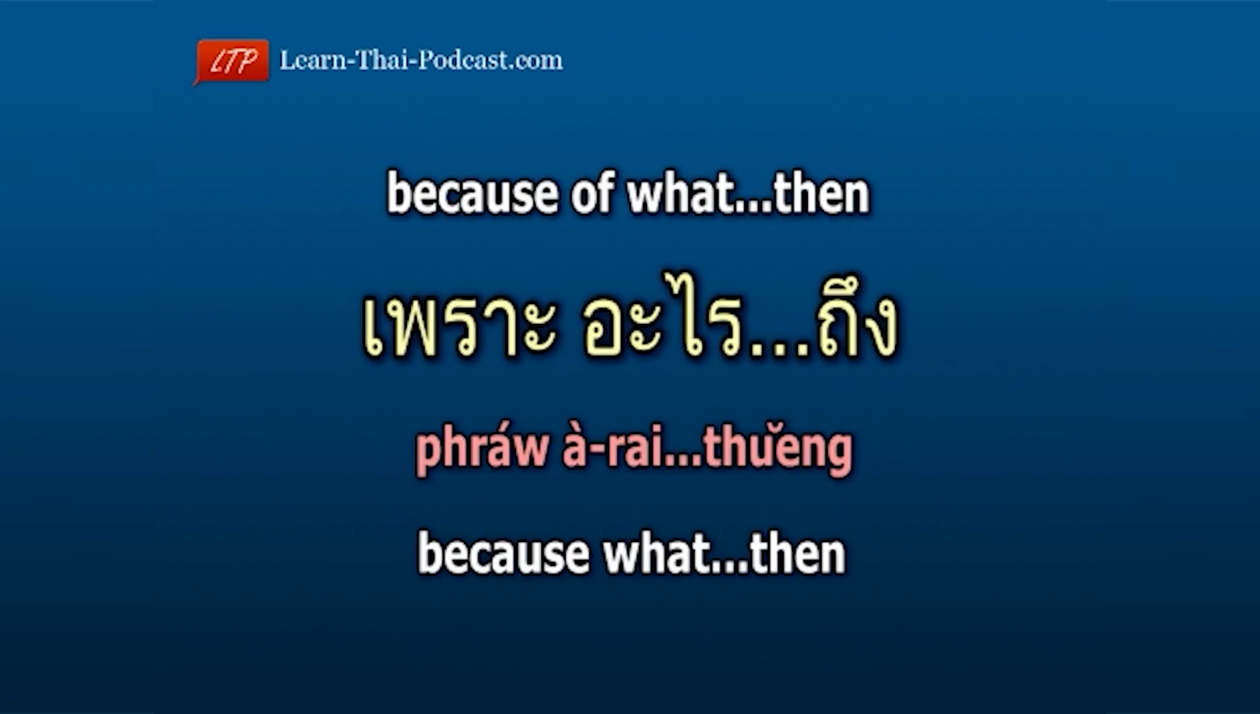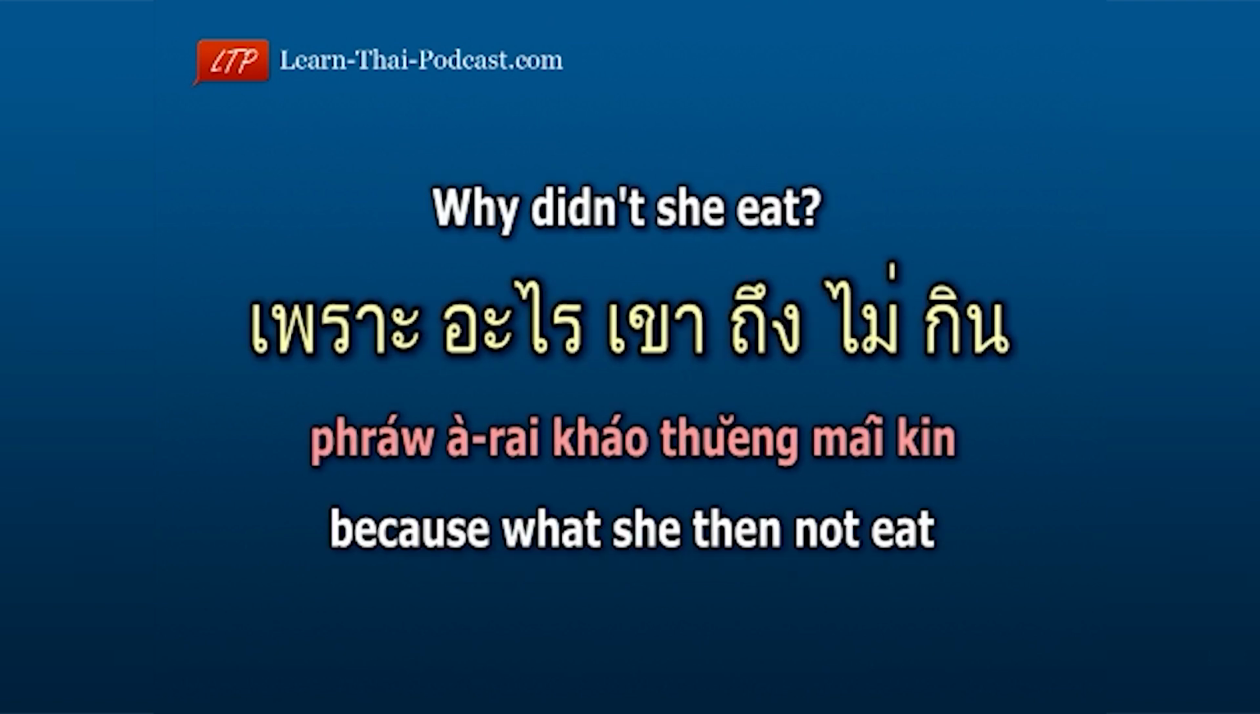Or you can use the phrase เพราะอะไรถึง, which means because of what then, the same way as if you'd use the phrase ทำไมถึง, for formal situations. Here's an example. Why didn't she eat? เพราะอะไรเขาถึงไม่กิน Because เพราะ, what? อะไร She เขา, then ถึง, not ไม่, eat. กิน Because what she then not eat. เพราะอะไรเขาถึงไม่กิน